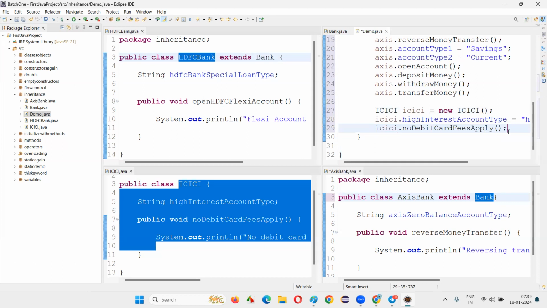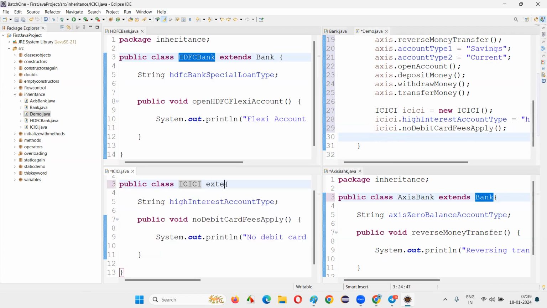No debit card fees applies. Okay, this one special method we have, but the remaining I cannot access. ICICI dot open account is not coming. So what do I have to do? I have to make ICICI a child class using the extends keyword, a child class of the parent class